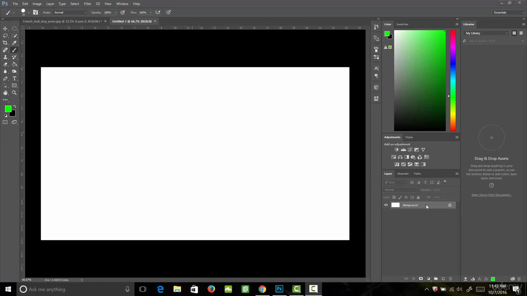What a layer is, imagine it like stacks of glass. So, you have your bottom layer, which is a white sheet of paper. If we add a second layer to it by coming down to this little icon that looks like a piece of paper with a folded corner, we're going to click that, and that'll add a second layer, and you'll see it's stacked on top of our background layer. Now this layer, you can think of it as a sheet of glass like I said. What we'll do is we're going to paint on it,